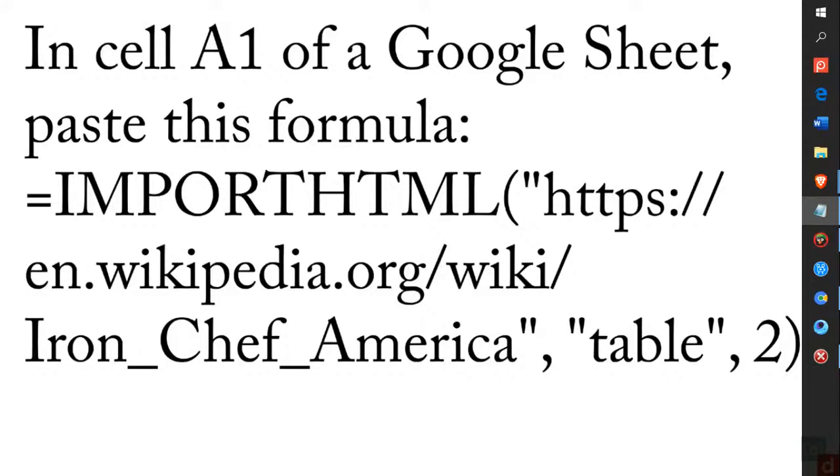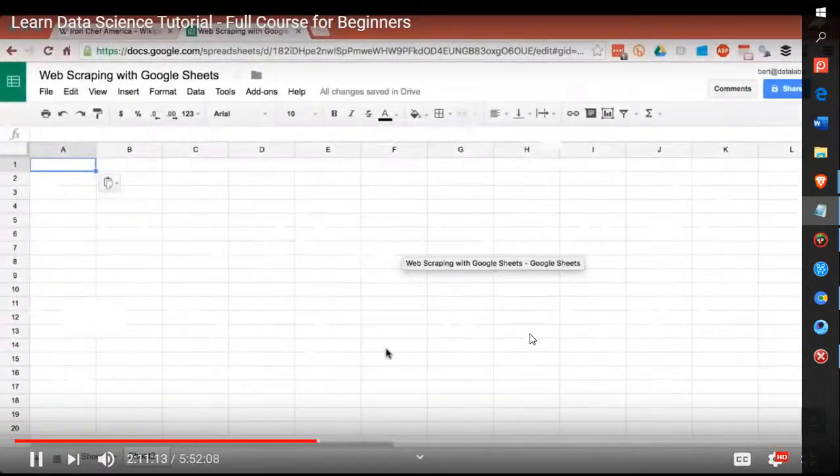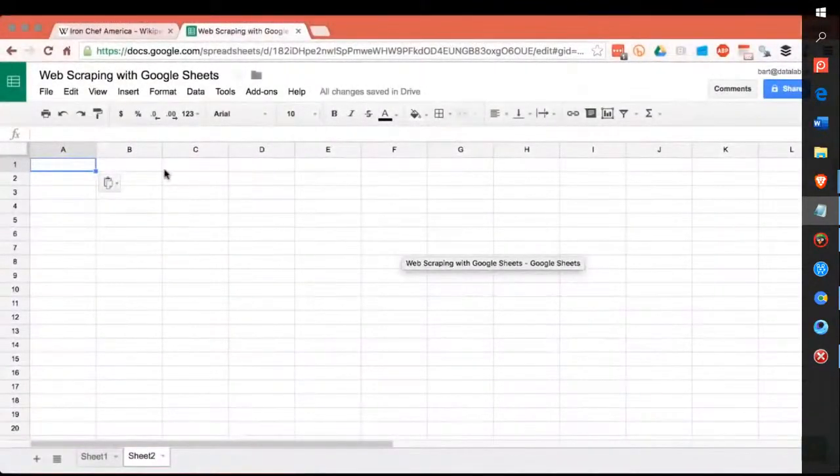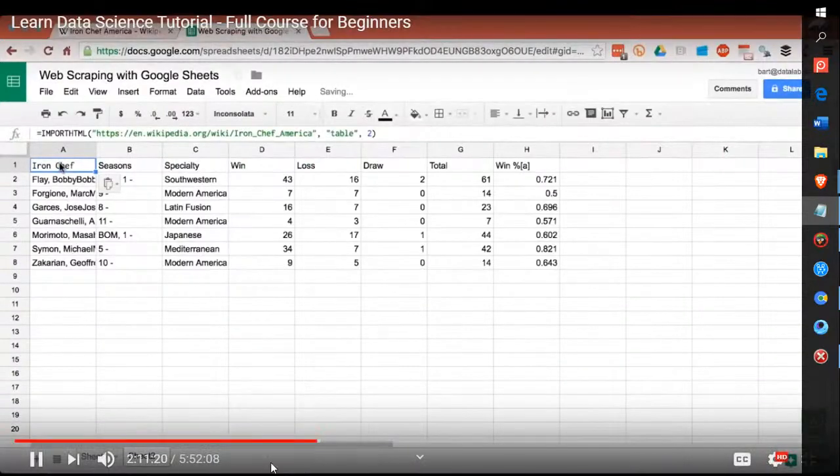So let me go to Google Sheets and show you how this works. Here I have a Google Sheet, and right now it's got nothing in it, but watch this. If I come here to this cell and I simply paste in that information, all this